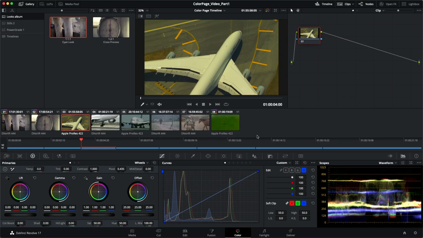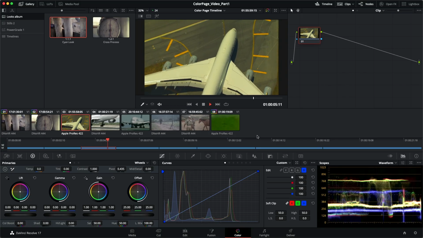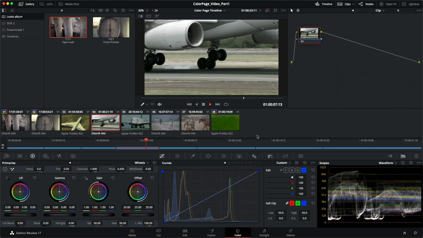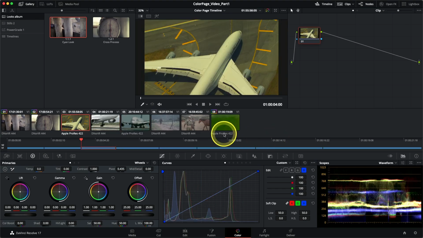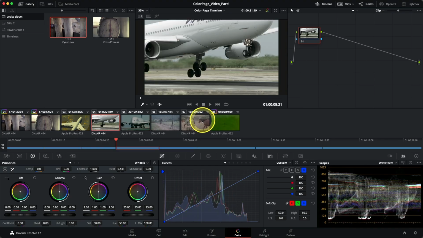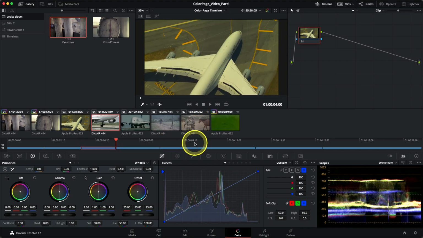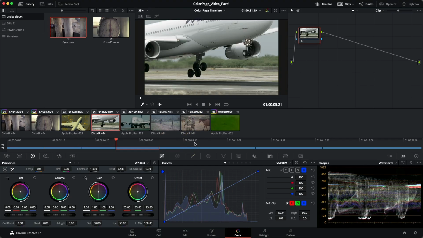So the first clip looks really quite warm, after which you go into this very neutral clip in the middle and then continue into this darker, cooler clip. So we would like all of these to look pretty cohesive. I will begin with the automated match function in DaVinci Resolve because I feel that it's quite powerful and really quite useful. The first thing we need to do is decide on our ideal starting point, or our key shot,